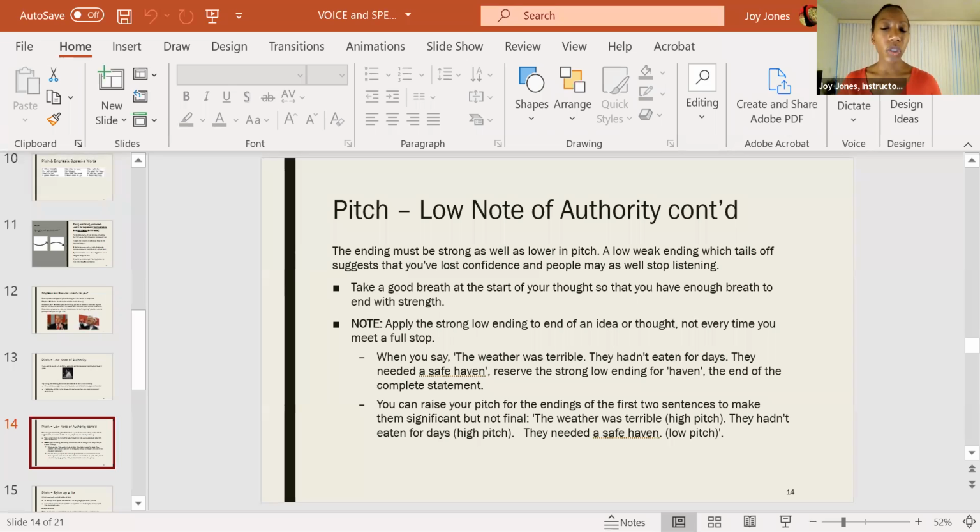So, folks, just some tips about the low note. I use the metaphor of spice. We want to use the low note when we're really done. So I suggest that it should be strong, not only low in pitch, so that I'm not saying that you die down, that you die off at the end of the line. So you kind of need enough breath to sustain it.